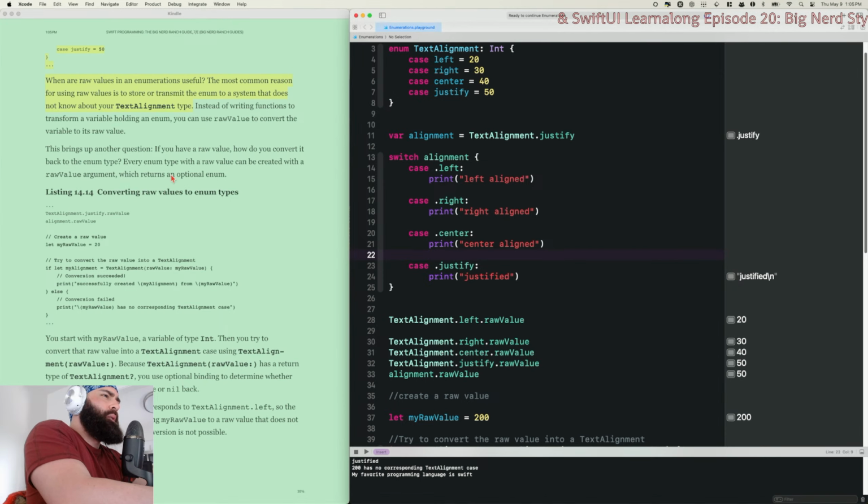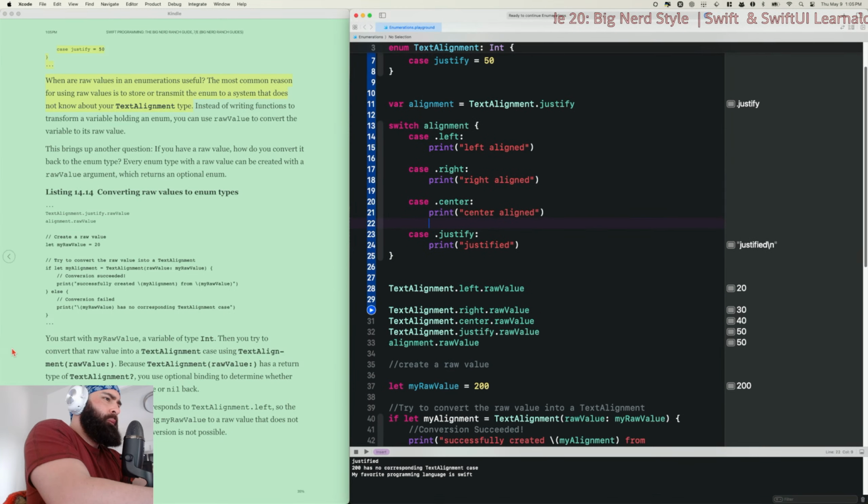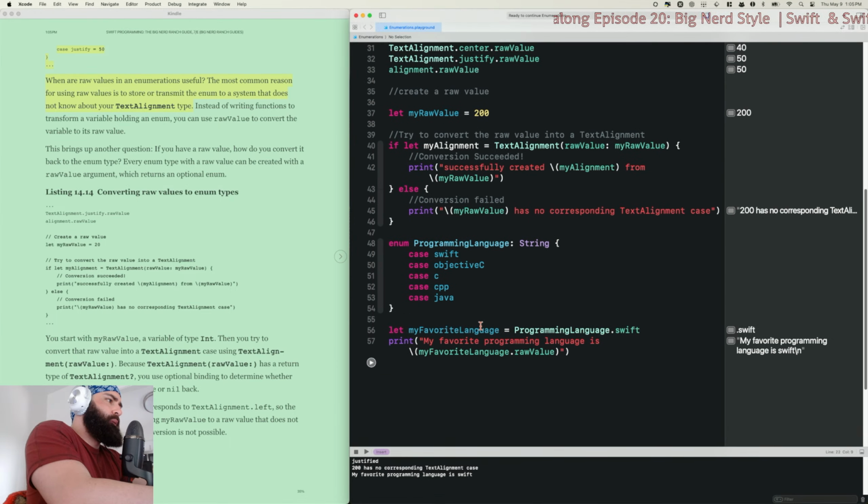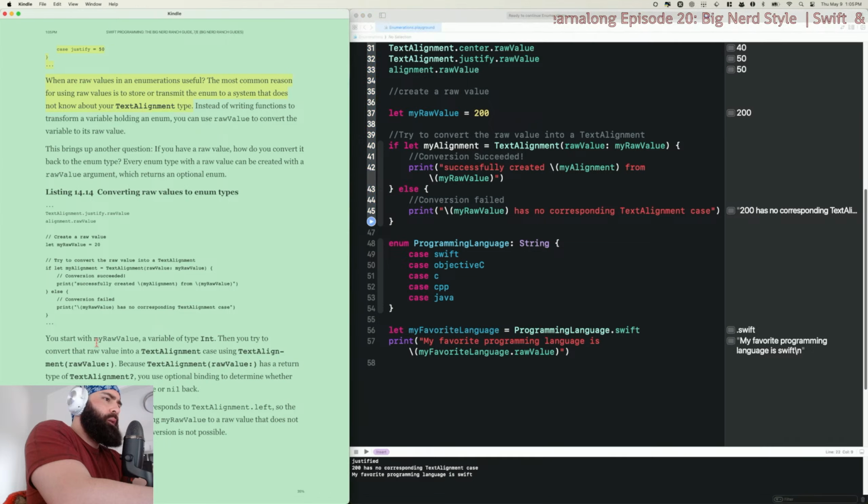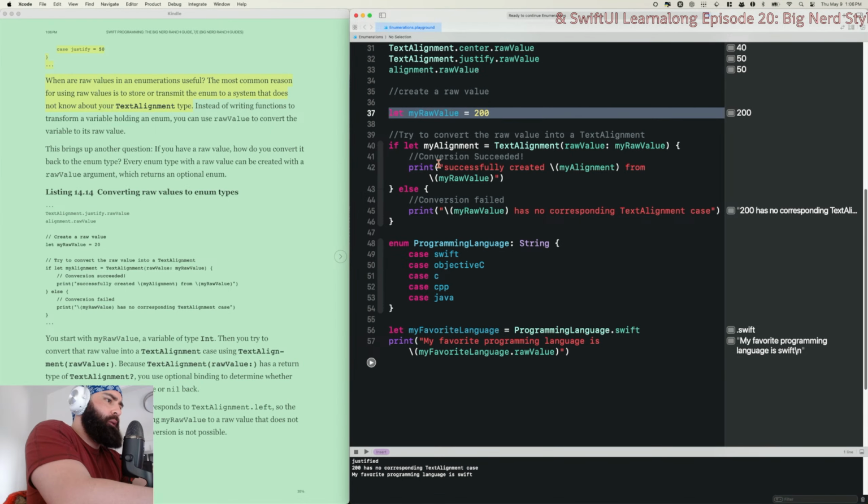So this brings up another question. If you have a raw value, how do you convert it back to the enum type? Every enum type with a raw value can be created with a raw value argument, which returns an optional enum. Oh no, we did that part. That's what this was. You start with my raw value, a variable of type int, so here, 37.